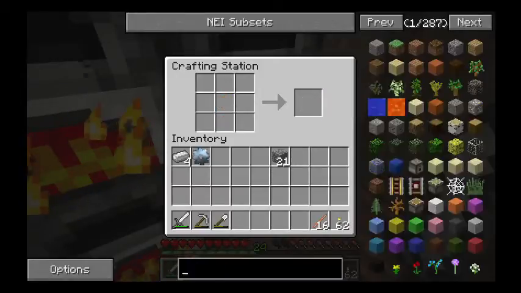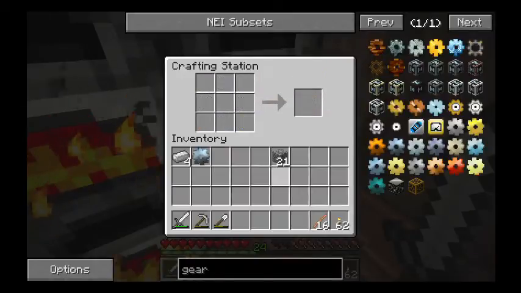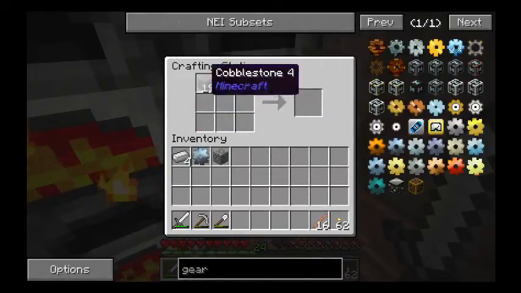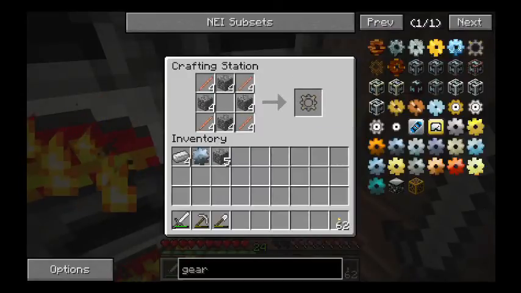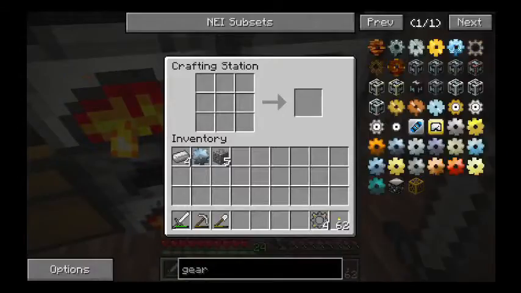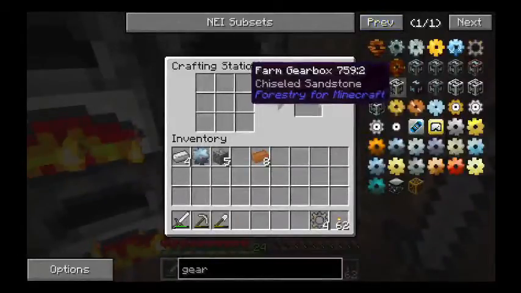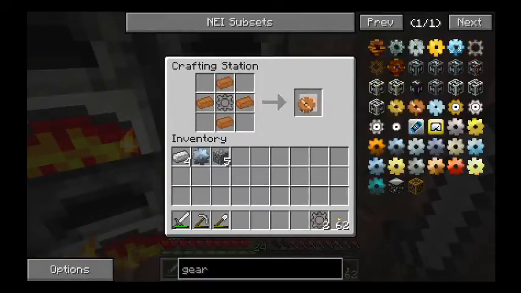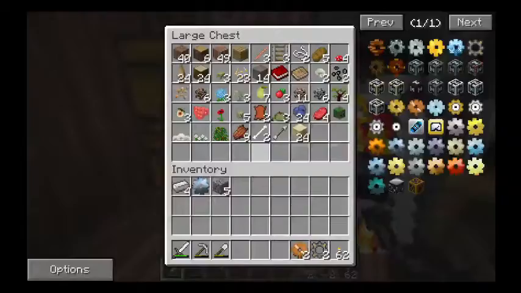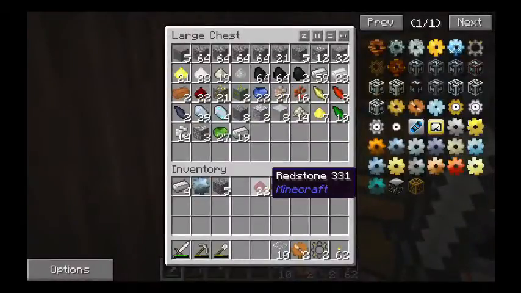So an Ender IO gear is quite simple. It's just cobble with sticks. I'll just do the lazy way. Yeah, 4 should do. Okay, so, and then we need 2 copper gears. Thankfully we have enough copper for. There it is. And we'll take one of our gold, glass, redstone,